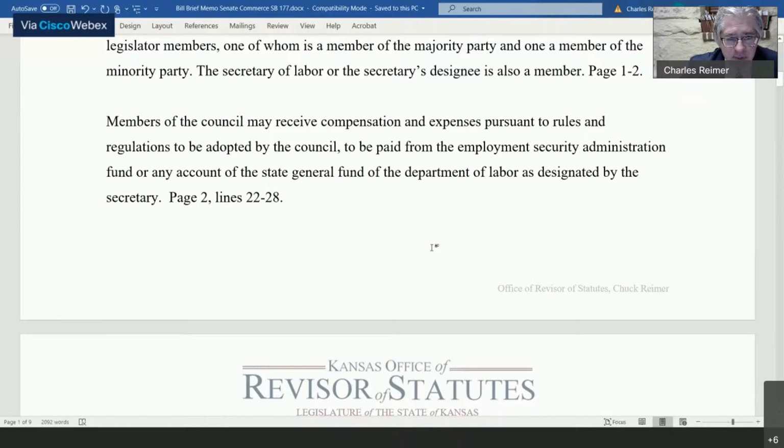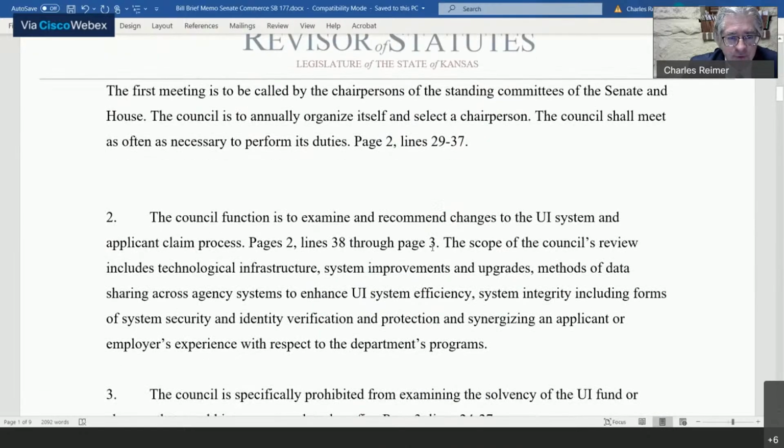There's a provision that members of the council may receive compensation and expenses pursuant to the rules and regulations to be adopted by the council. And that money is to be paid from the Employment Security Administration Fund or any account of State General Fund of the Department of Labor. First meeting is to be called by the chairpersons of the standing committees of the Senate and the House. Then the council is to organize itself every year, select a chairperson, and meet as often as necessary to carry